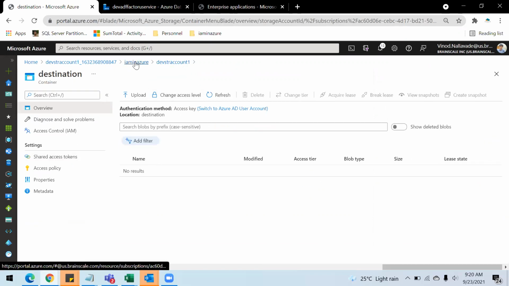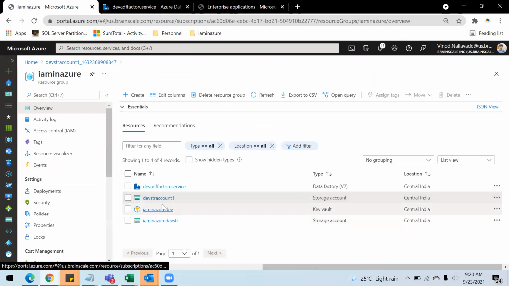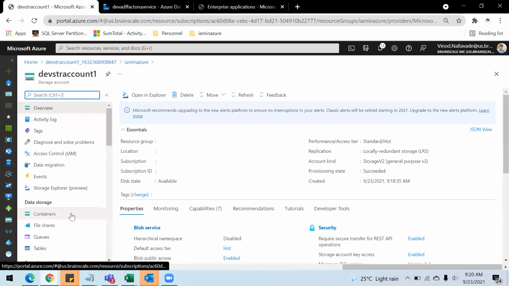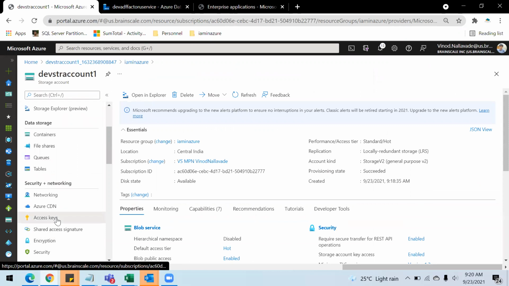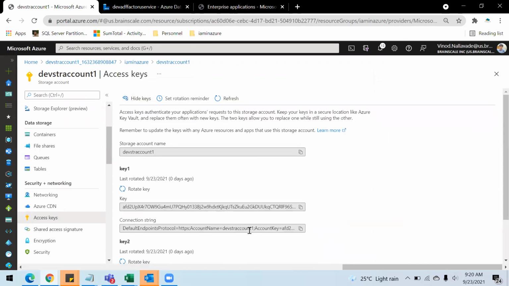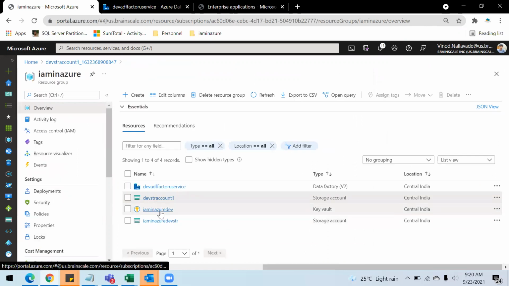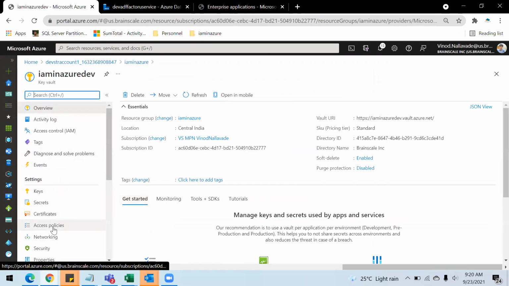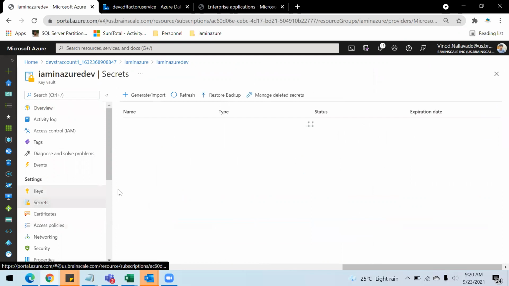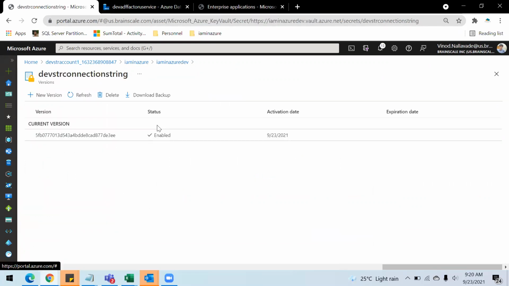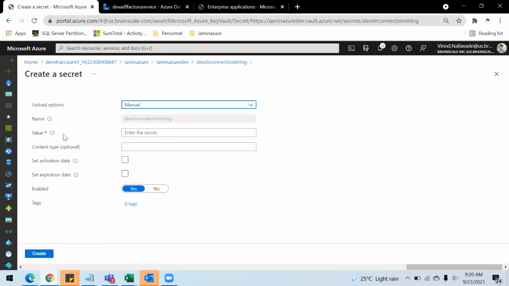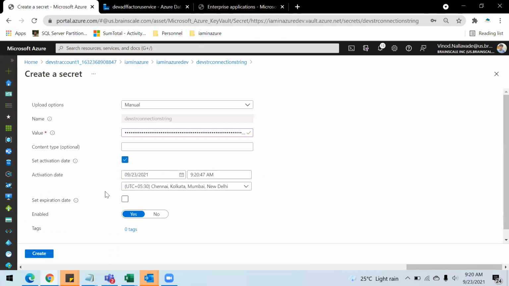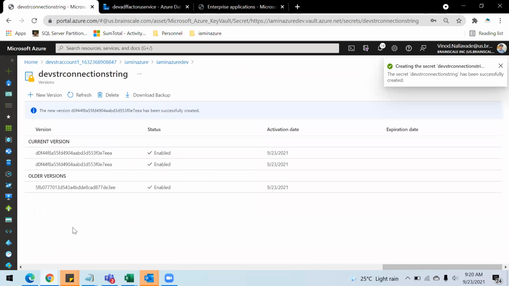What I need here is the connection string of this newly created storage account. For that I can just go to access keys, show keys, and copy the default connection string, and I'm going to update the value in the secret. So let's go to this, add a new version, and add this new secret, and create this.